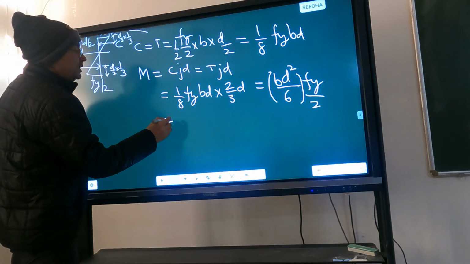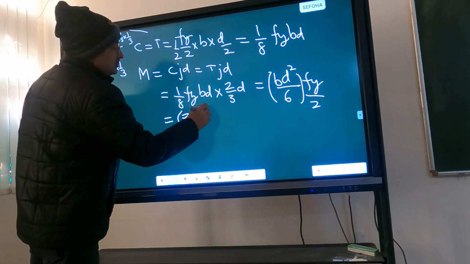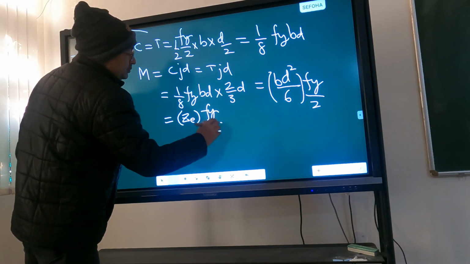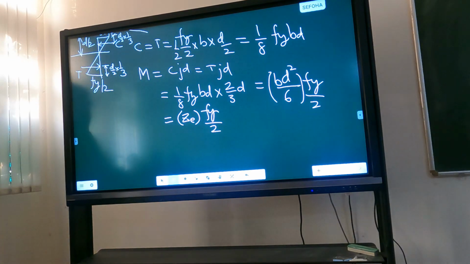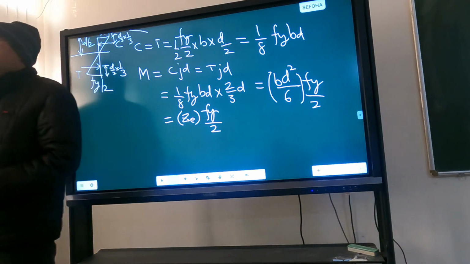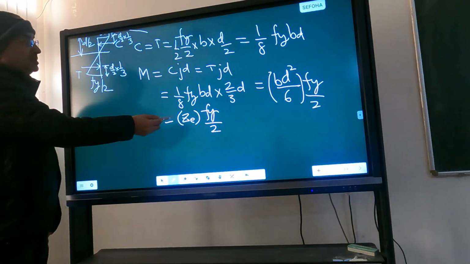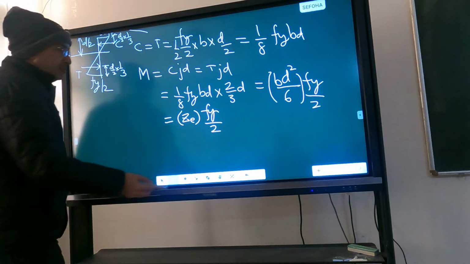So I can also write this as Z elastic into Fy by 2. Okay, and Z elastic depends on b d square by 6, so this depends upon the dimensions. So it is constant, and if I have to plot